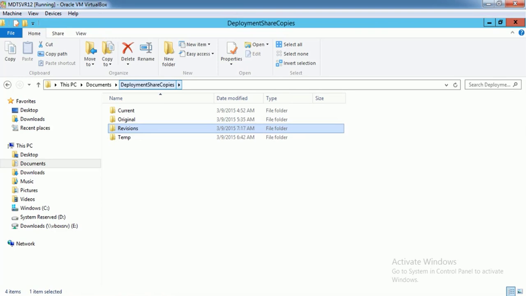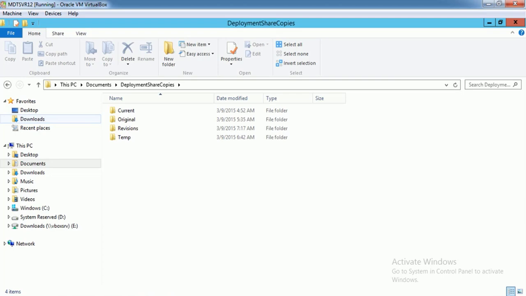So I just want you guys to kind of take some time to create a fresh copy of the scripts that you have, because if not, there's definitely some damage you can do, because that Wizard Studio directly edits the scripts that it points to. So if you're pointing to some of the scripts and XML files that are in your production deployment share, guess what's going to get edited? Those files. So you want to make sure that you're pointing to a fresh copy of the scripts that you have. Okay? So without further ado, now that we have all that fun stuff out there, let me actually show